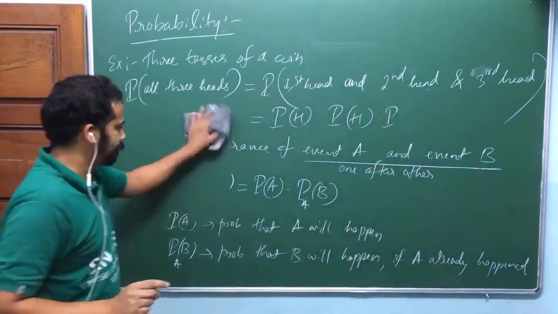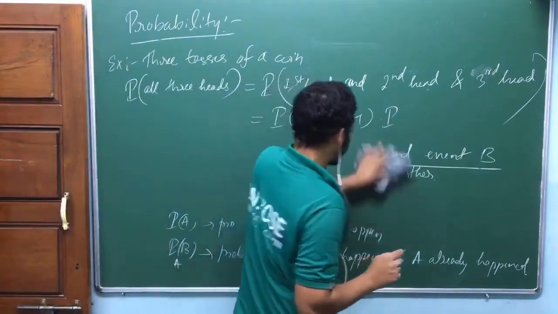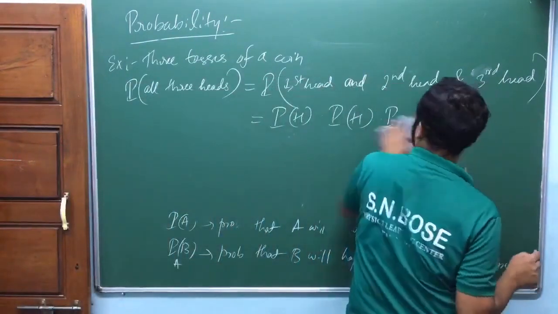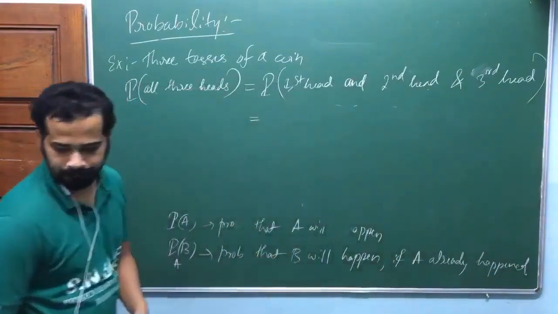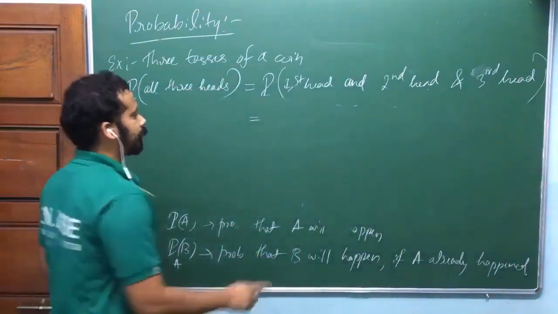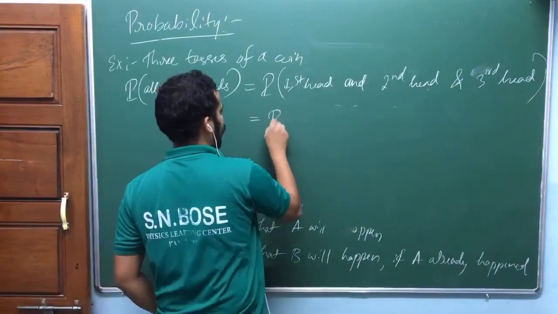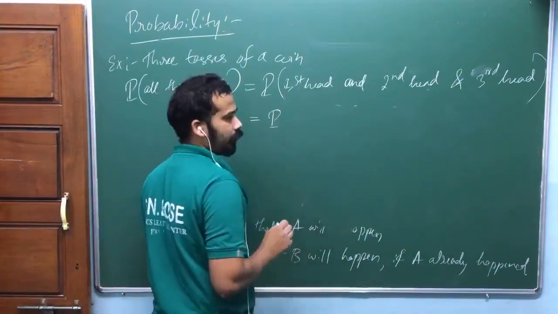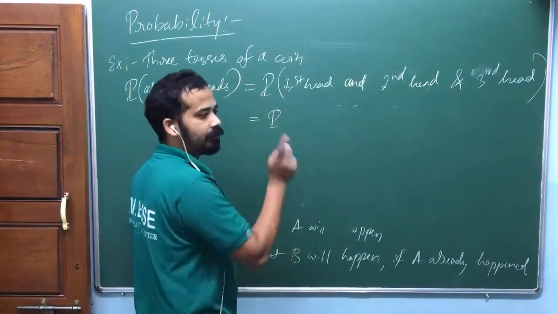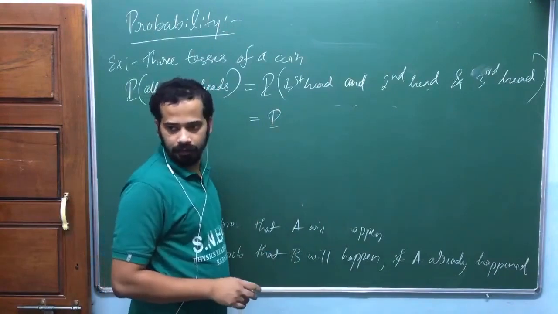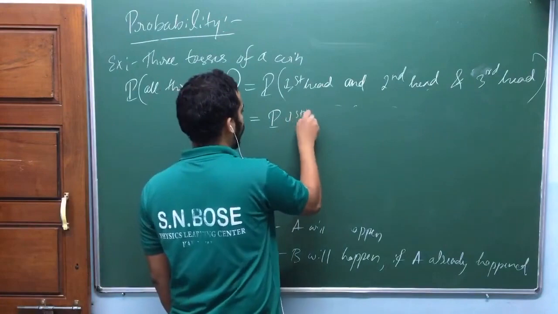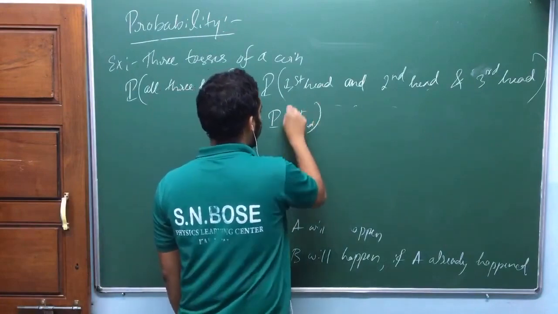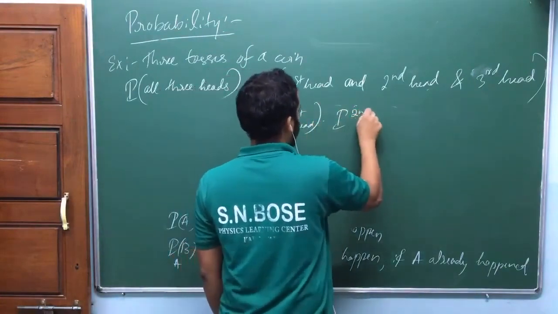Look at here. This is equal to probability that first, again, probability of getting head in the first toss, isn't it? That's equal to probability that first head, second head,